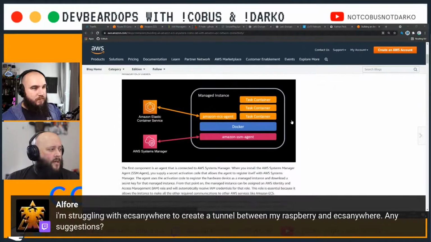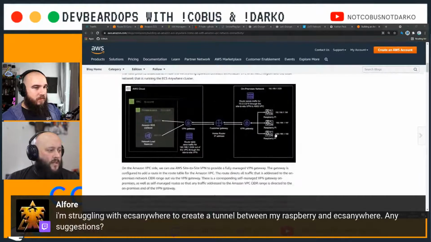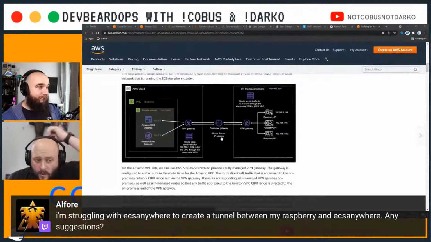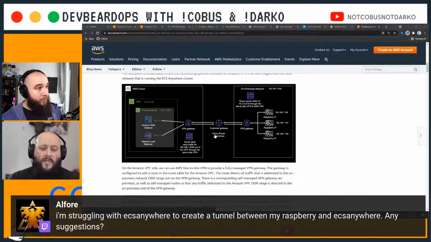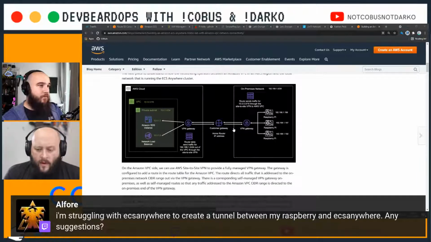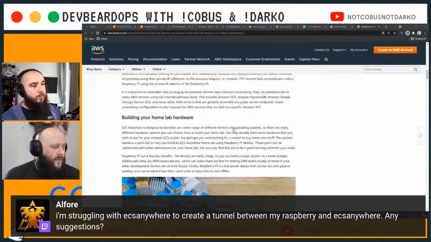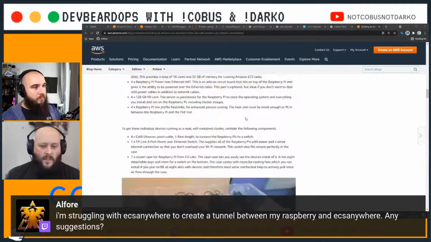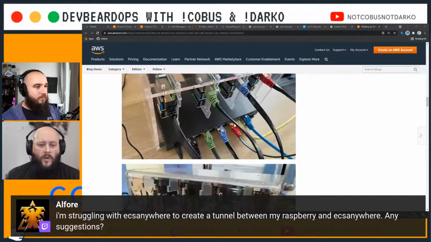What we have over here is that he went through the whole architecture of setting things up. Here is the VPN he actually sets up between his VPC and the cluster of Raspberry Pis that he has. I think he uses one of them to be a gateway for the rest of the cluster, and then they route their traffic through them. But basically in this he takes you through every single step that he uses over there, what hardware he uses, how he built it,